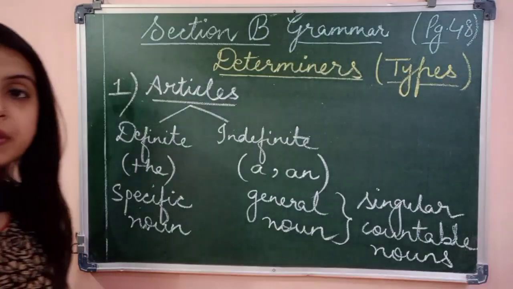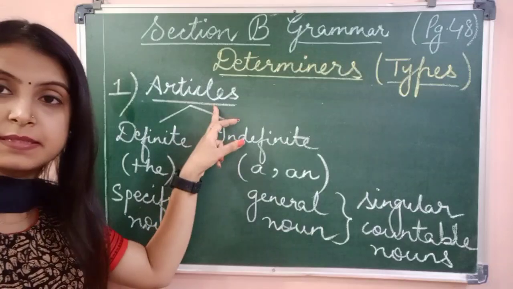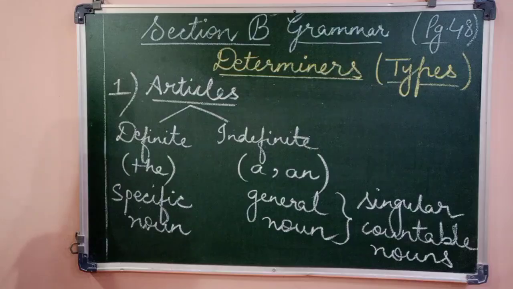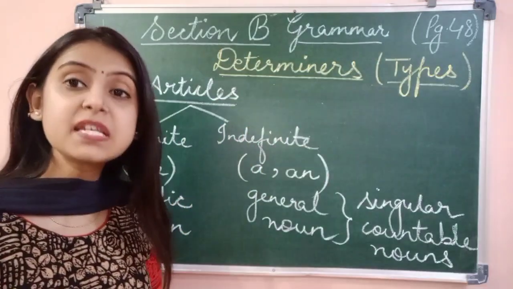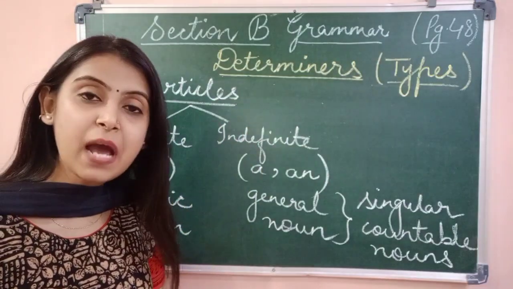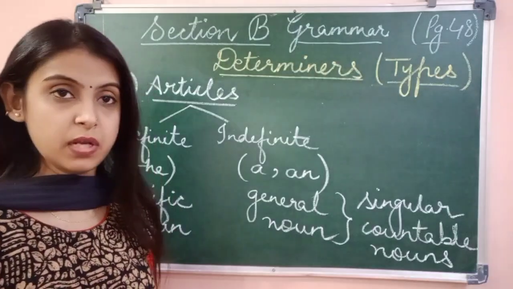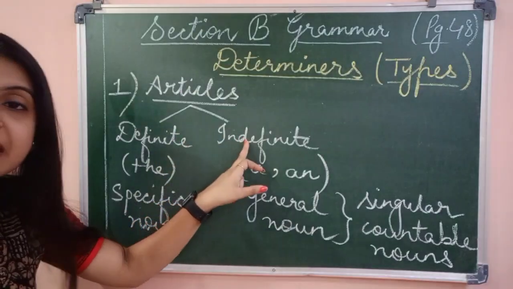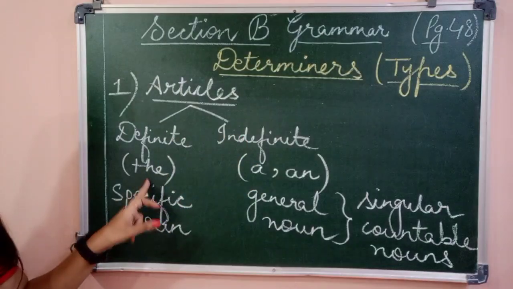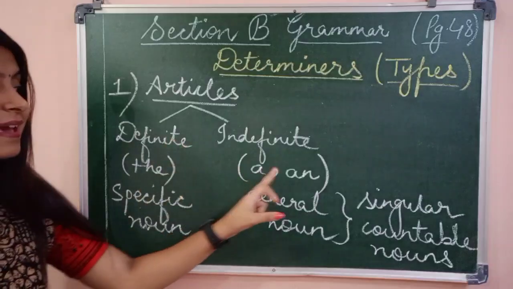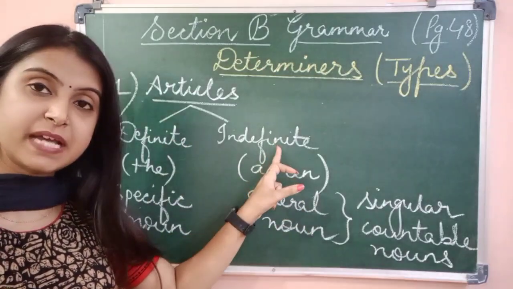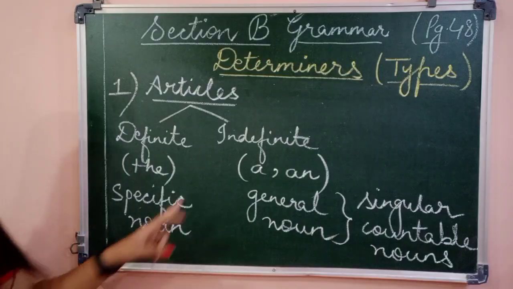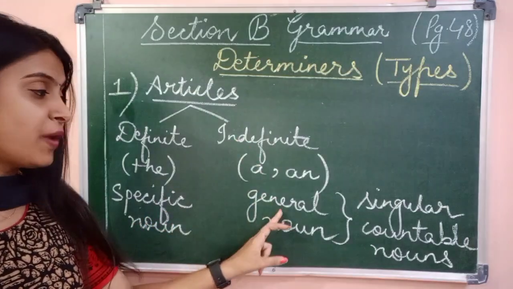The first determiner that we are going to study is article. Articles are the determiners that are used to indicate whether a noun is a specific noun or it is a general noun. There are 2 types of articles, definite article and indefinite article. The is a definite article, a and an are indefinite articles. Definite articles point out at specific nouns and indefinite articles point out at